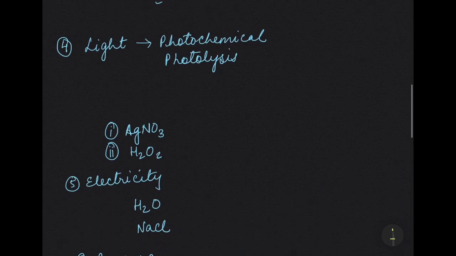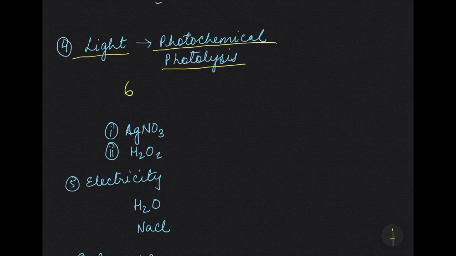The next condition is light. Okay, the reaction which takes place in the presence of sunlight is known as photochemical or photolysis. Okay, photochemical reaction, or it is also known as photolysis. You know, in photosynthesis, photosynthesis does not take place in the absence of light. It will take place only during the daytime when there is sunlight. So in photosynthesis,